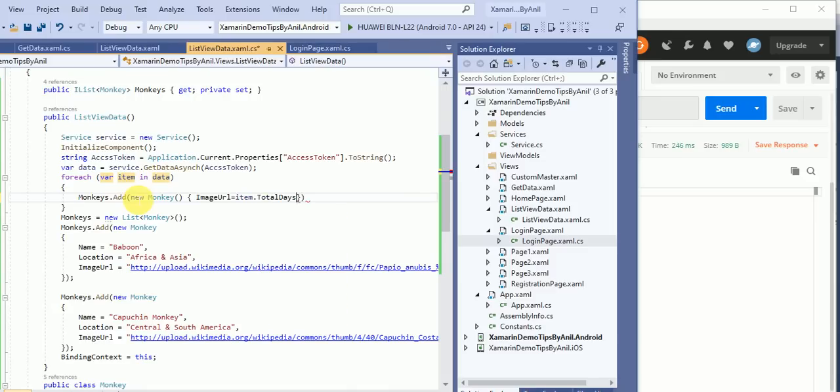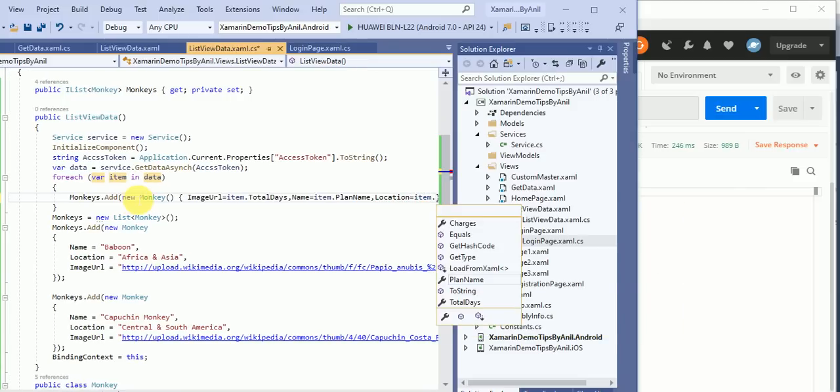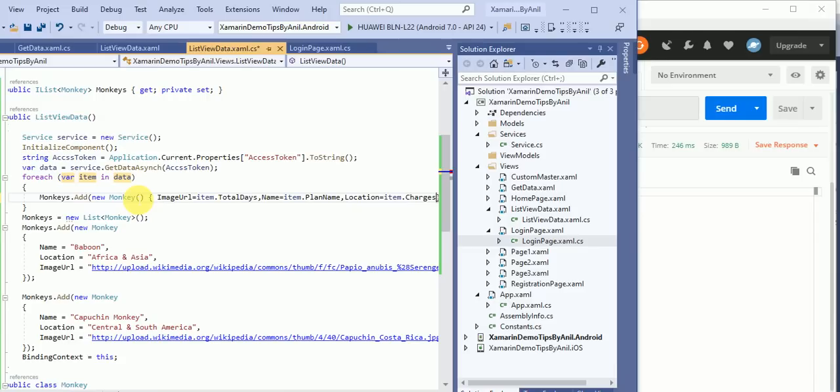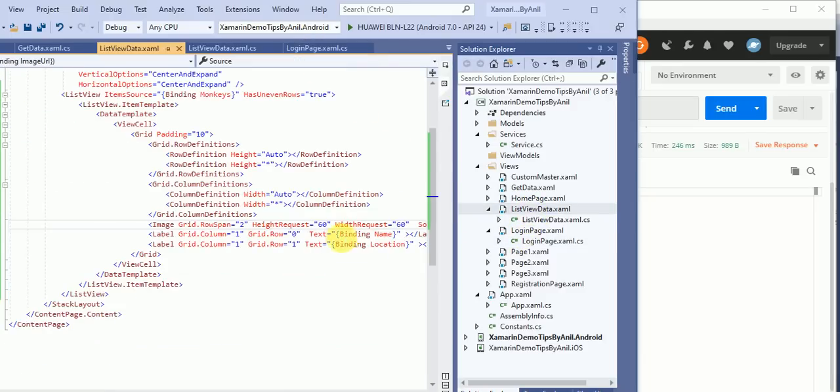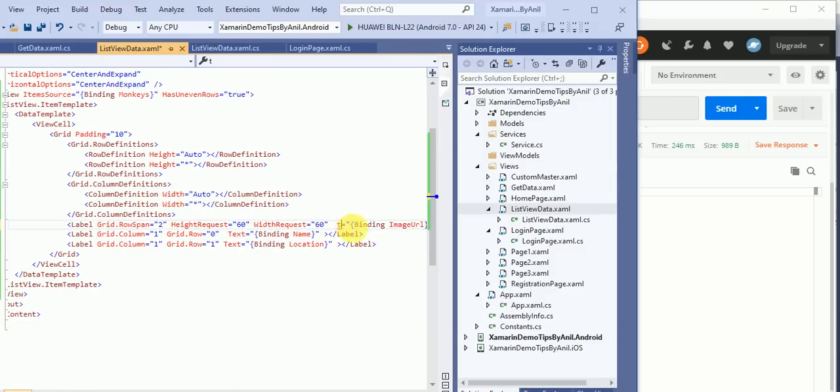In name I'm setting item.PlanName, and in location I'm setting item.Charges. These values I set over here, and I will comment out this thing, Ctrl K C. In the list view, because this is text now, not an image, I use a label, and instead of source I will take it as text. Now I will run it. Let's see what will happen.